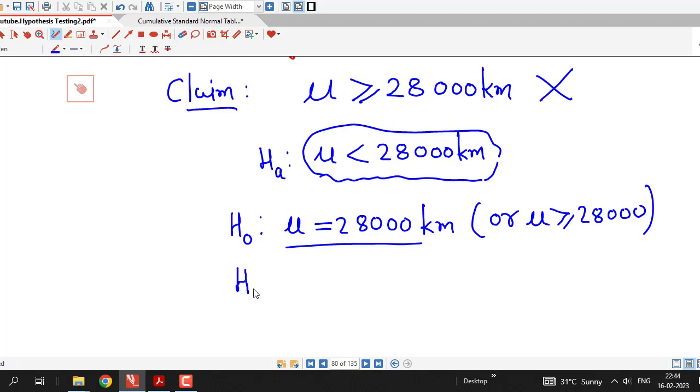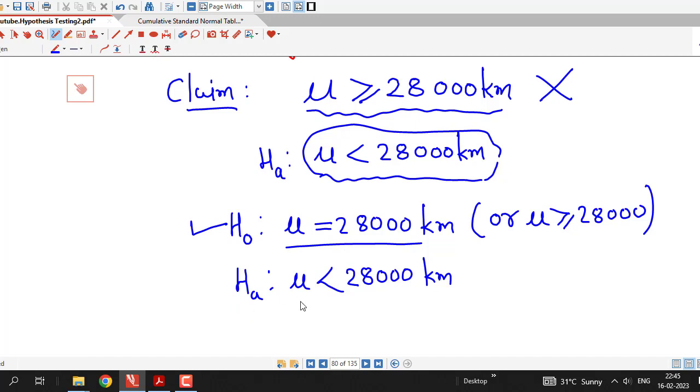The alternative hypothesis is that the company is suspicious about the claim, so the company wants evidence that the claim is wrong, that is, population mean is less than 28,000 km. So we have to test this null hypothesis that population mean is equal to 28,000 km against this alternative hypothesis, and because we have a less than sign here, we will consider